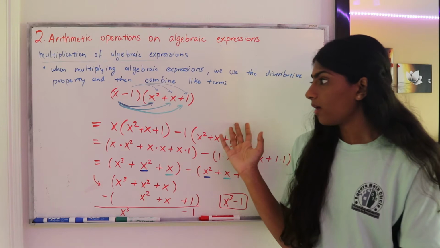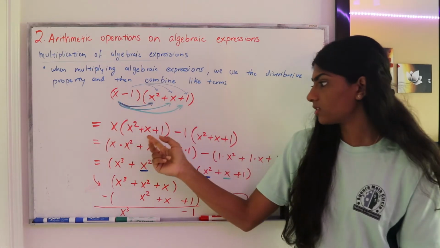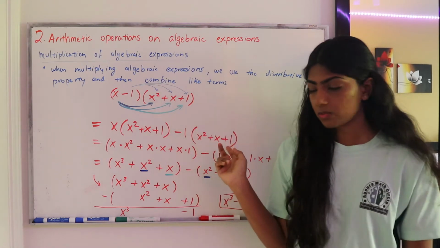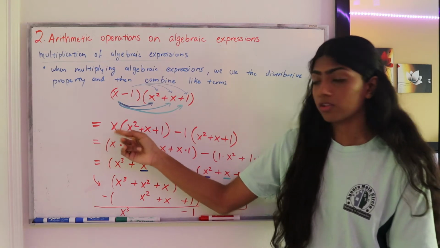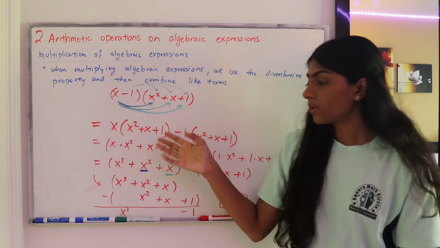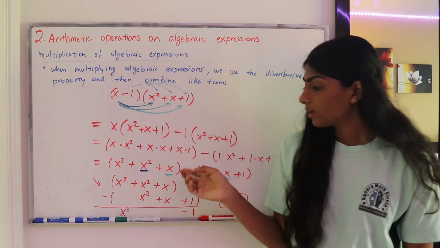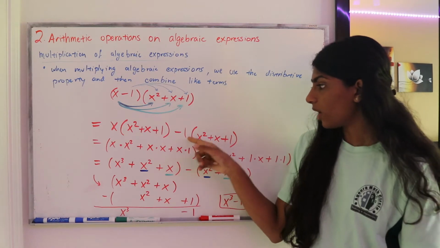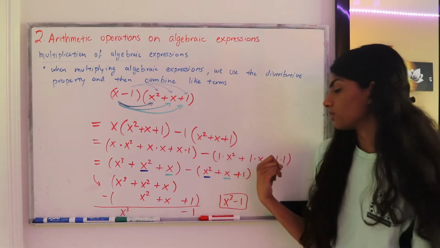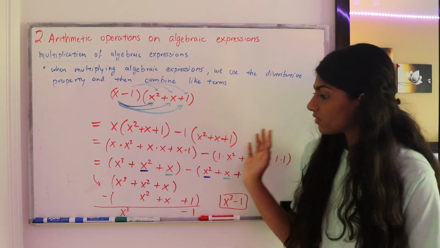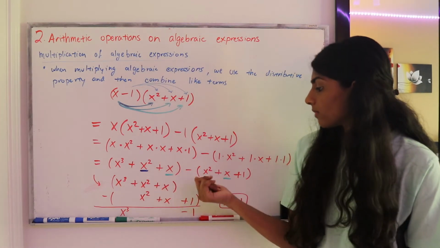So to do that, what we want to do is break up this expression and say x times the second expression minus 1 times the second expression. When we use the distributive property and multiply this x throughout this expression, we get x times x squared plus x times x plus x times 1. Then you do the minus, and we multiply this 1 times this expression. So 1 times x squared plus 1 times x plus 1 times 1. And then once we simplify, we get x to the third power plus x squared plus x